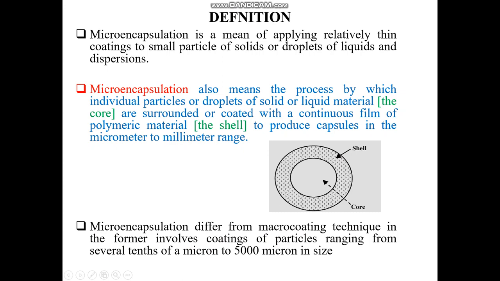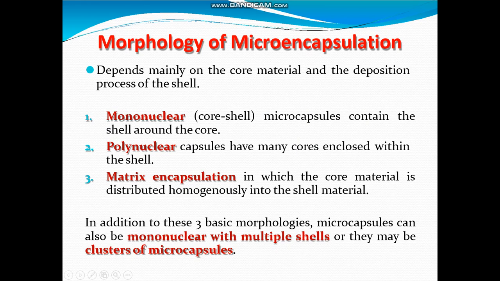The coating material is the shell, and the core may be liquid or droplets of solids. As I already mentioned, it depends wholly on the core material and the deposition process of the shell. On the basis of morphology,